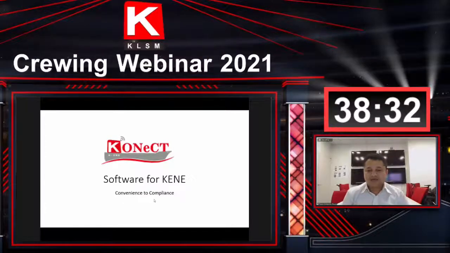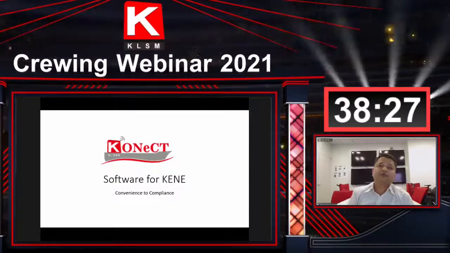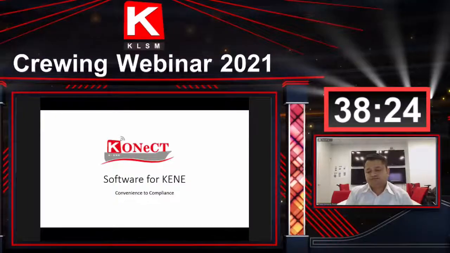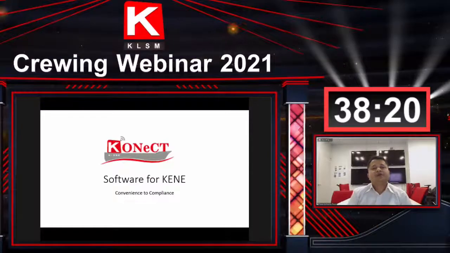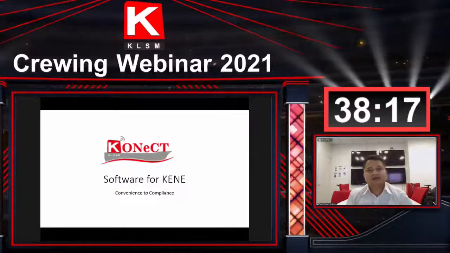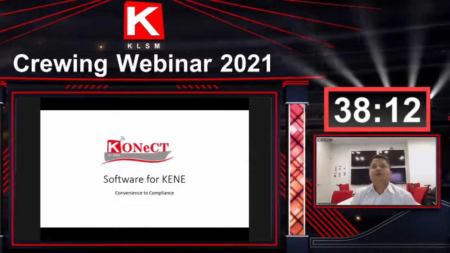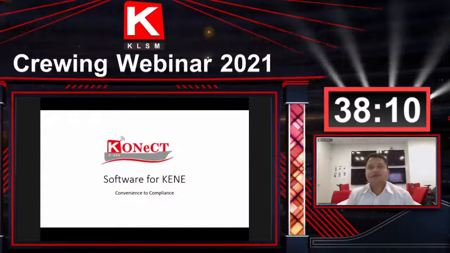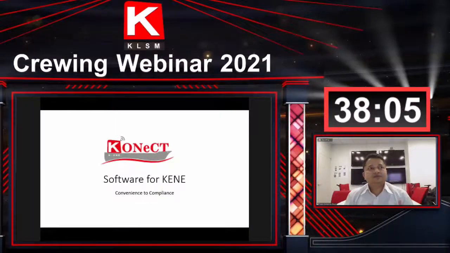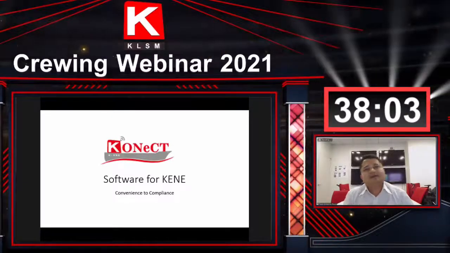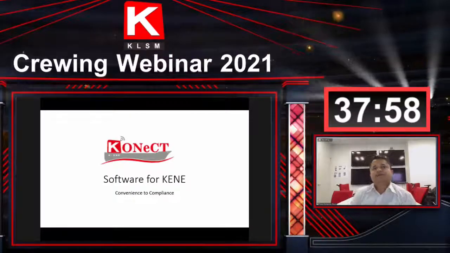So Connect is basically what we see as convenience to compliance. I think everybody knows compliance. As a seafarer, we are always subject to compliance. You have to comply with SMS procedures, with SOLAS, with MARPOL, with the charterer and owner. So every time it is compliance, compliance, compliance. Somehow we sail on board just to comply with something. But there is some gap because